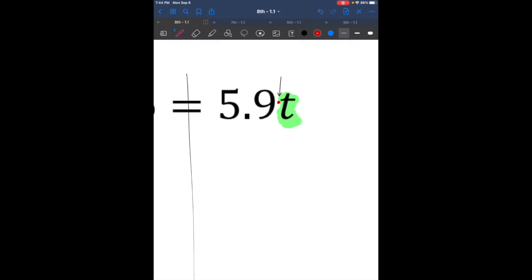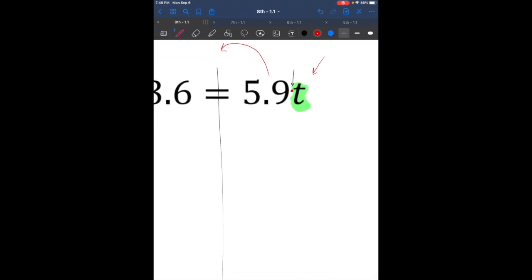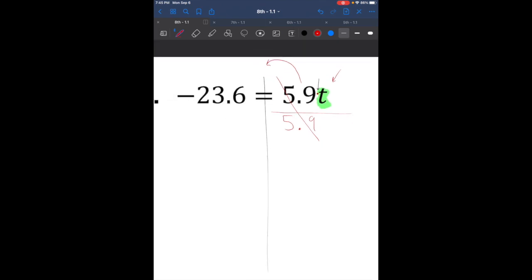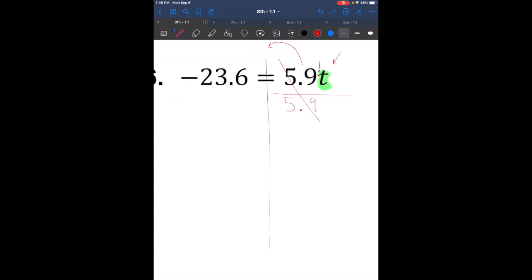And we do the opposite, right? When we try to move stuff to the other side, we want to move this over there and get the variable all by itself. To do that, we're going to do the opposite. So what is the opposite of multiplying by 5.9? That is going to be dividing by 5.9. Don't forget to cross it out. Whatever you do on one side, you have to do it to the other. So let's divide by